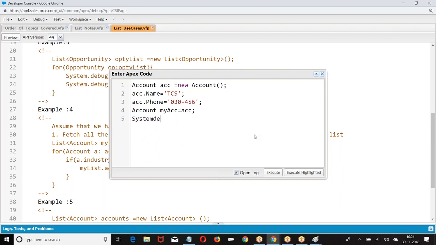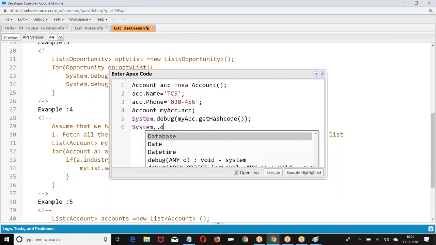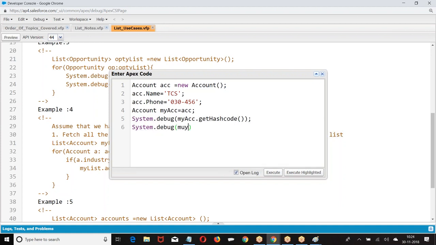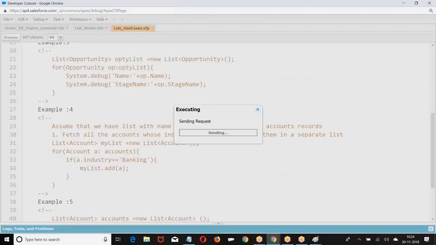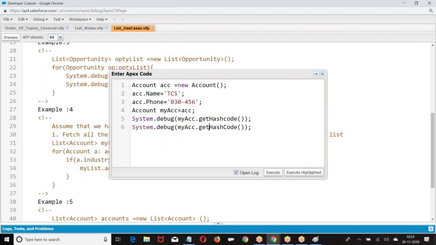Now let me print system dot, it is not working.